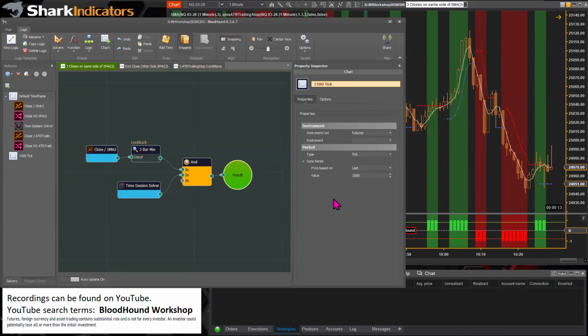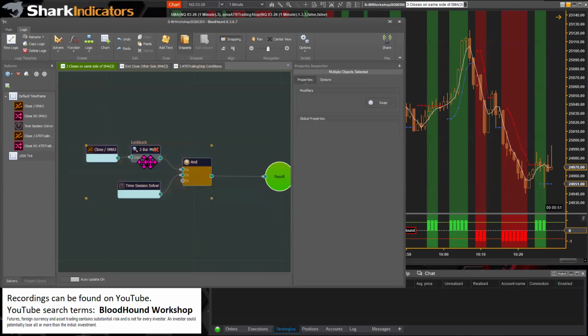I'll just say 1500 tick chart. There we go. Right, and of course, you'd move all your solvers for that tick chart system. Move them onto the tick chart down here. And again, remember your calculate is set to on price change. So the solution to waiting,